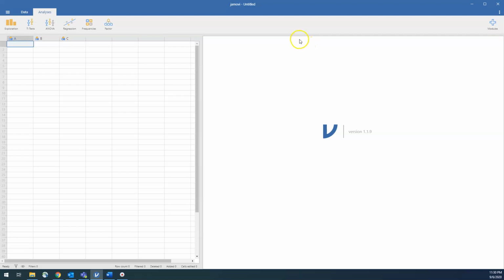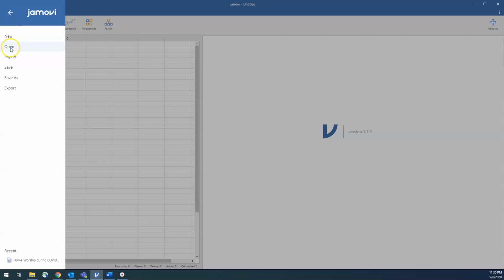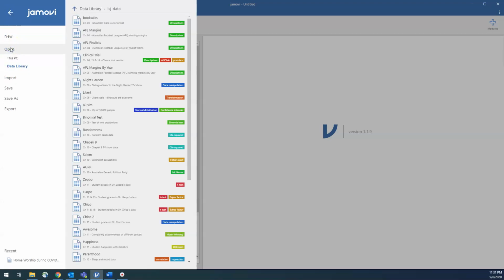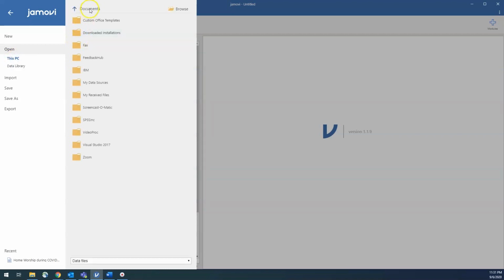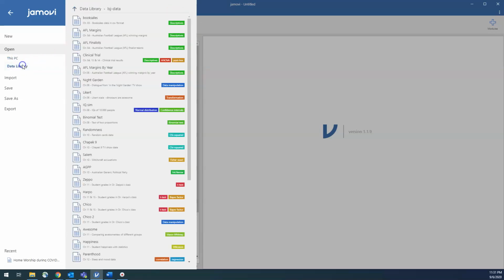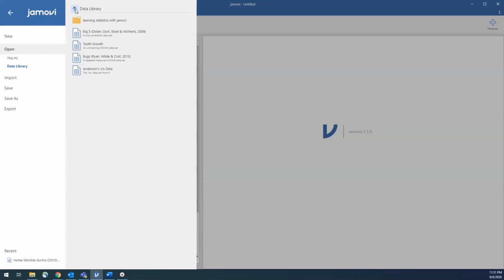to our textbook. So after that, you can go over here to this menu, the little hamburger thing. Click that menu and go to Open. And then what you've got here is it will either show up as This PC, the files that you can open from your own computer, or you can click on this Data Library, and the data library will have in it. You might not see this window right away. If you see this first,